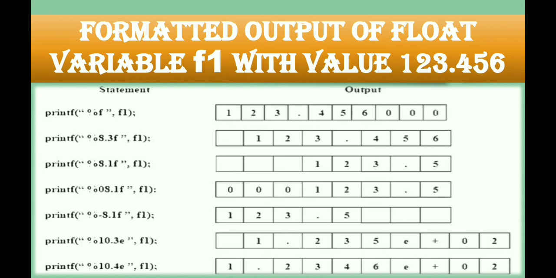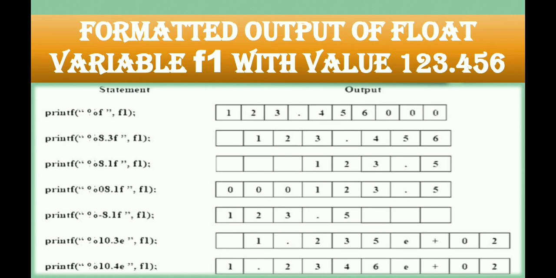Your content 1 2 3 and after the decimal point 1 character only. Then if you are using the minus sign after the percentage, then along with your width, here you can see how many boxes are there, 8 boxes. That means 8 is the width of your character. And if you are using the minus sign, the alignment will change from right to left. So along with the width, the data will also be printed with left justification.